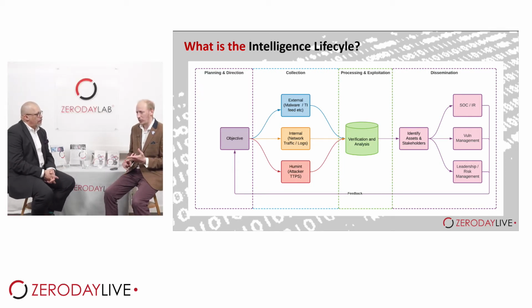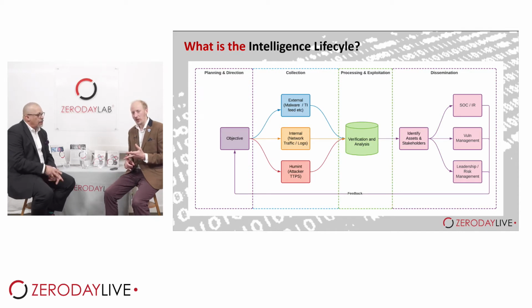Because you've got to make sure, okay, I'm trying to uncover a problem, but I might not have the right data sources. So it's being aware of the fact that you might need to increase your data sources, or you might need to refine your data sources, or you might need to look at, actually, historically what kind of information we collected, and is it going to help me solve this problem? So it goes back to verification analysis.